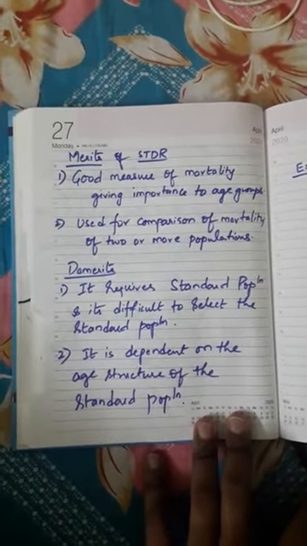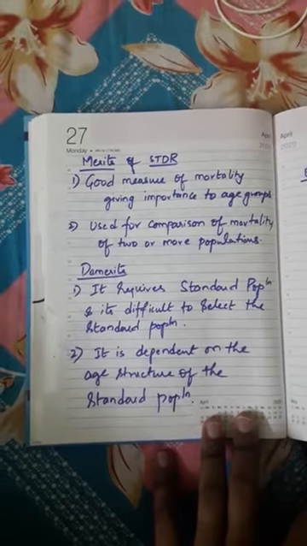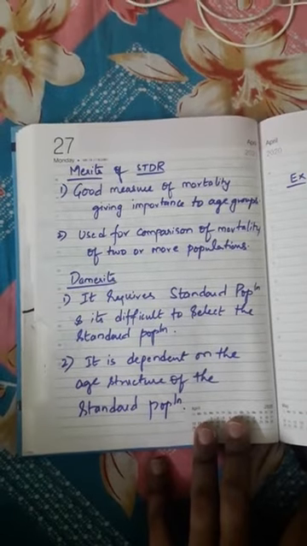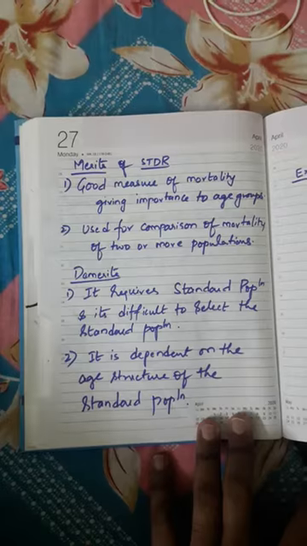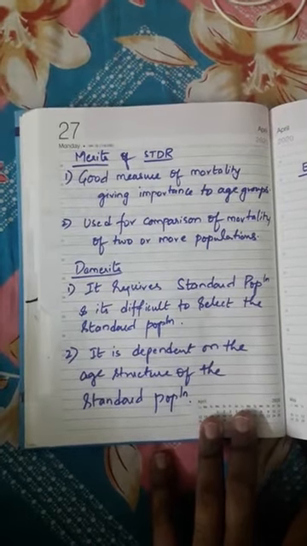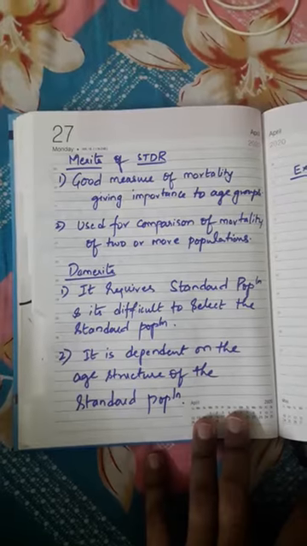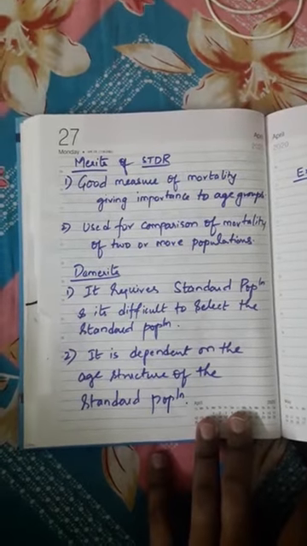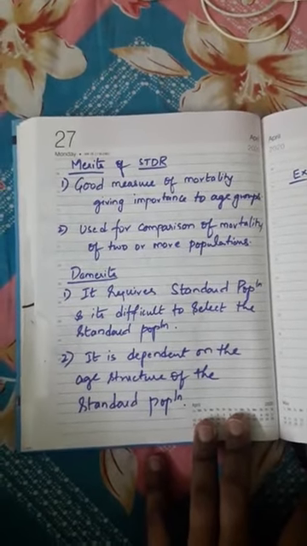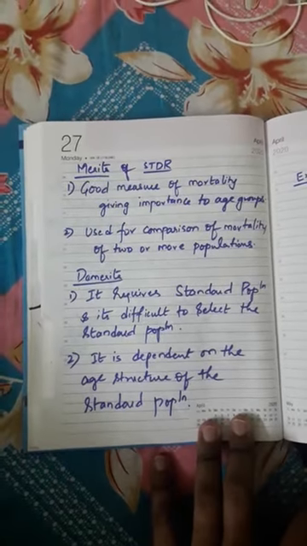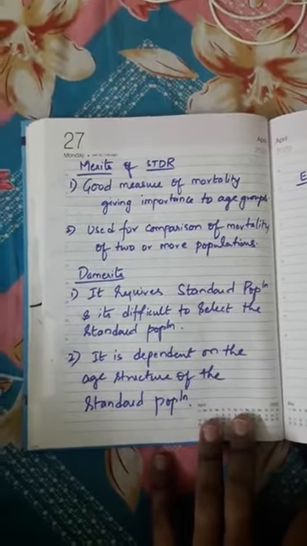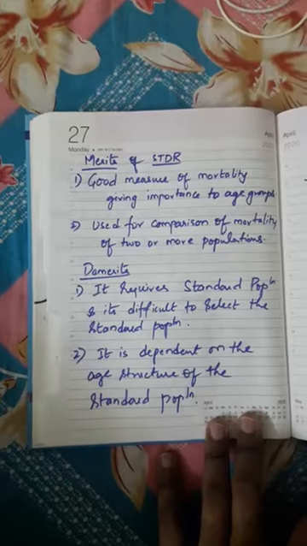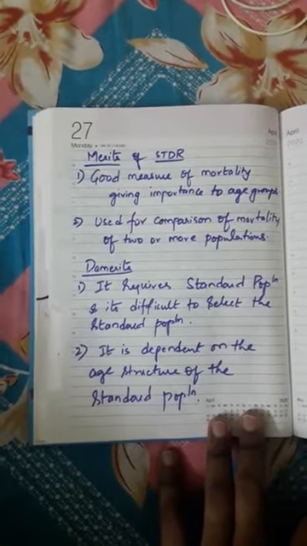Right? So now here, why are we calculating the death rate? To find out which city is healthier. Clear? So for that we need a standard population of two or more populations. One population should be taken as a standard, which has more weightage. So it requires a standard population and it's difficult to select the standard population. That is a drawback. Because in the problem, the standard population is given directly, so we just calculate it. But practically, if you are collecting the data, deciding which population is standard to calculate the mortality rate is very, very difficult, a time-taking process, right?